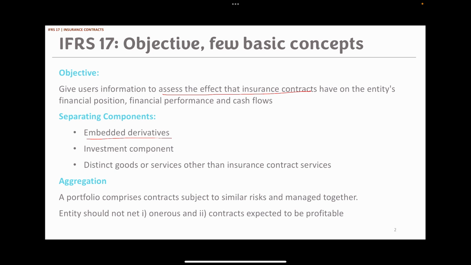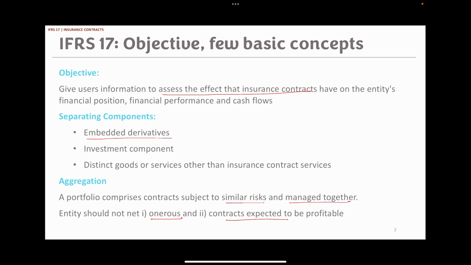Also in IFRS 17, an entity shall always identify a portfolio of insurance contracts. This is where a group of insurance contracts with similar risks and that are managed together will be treated as one group of contracts under IFRS 17. IFRS 17 also prevents an entity from netting off onerous contracts from the rest of the portfolio, i.e., when a contract or a group of contracts are expected to make loss, then an entity is not permitted to group them with